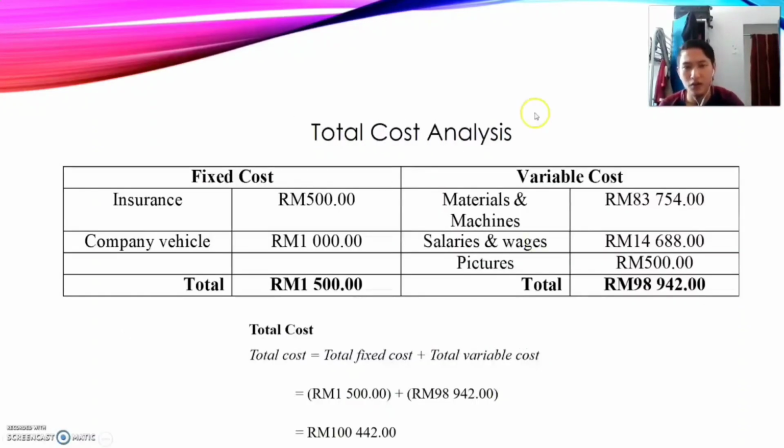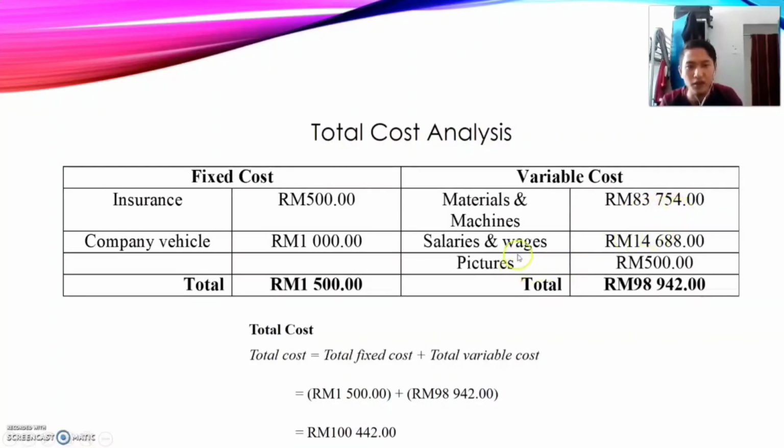Next, the total cost analysis. Fixed cost is what we must pay monthly, which is 500, and the company vehicle is 1,000, so the total is 1,500. The material and machine are included in variable cost, which may change per month, so we just take the overall cost, which is